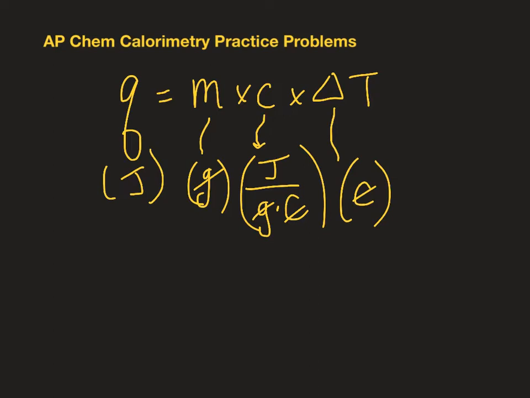Really quickly, specific heat capacity is the amount of energy in joules needed to raise 1 gram of that substance 1 degree Celsius. Now, one question that comes up is sometimes I see this in K, Kelvin, not C. But because of the temperature scales of Celsius and Kelvin, Kelvin is equal to whatever the degrees Celsius is plus 273. Because these two temperature scales have the same size degree, a 10 degree jump in Celsius is equal to a 10 degree jump in Kelvin